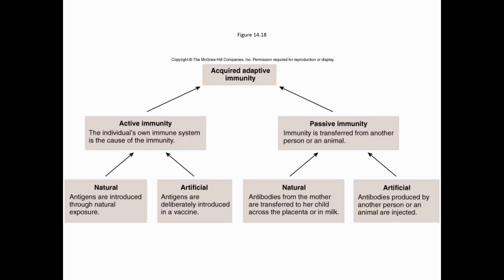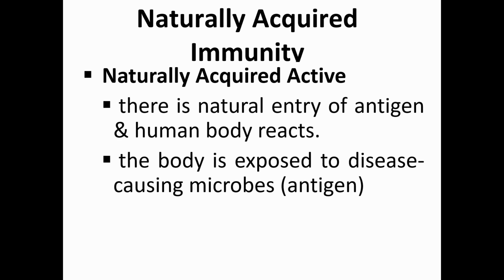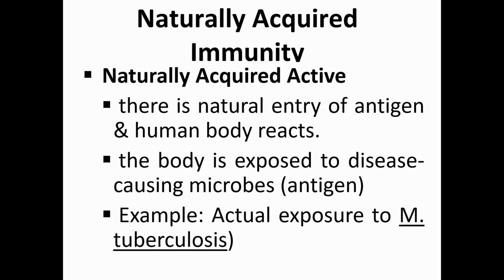Next, we have the different types of adaptive immunity. So we have first the naturally acquired immunity, which is subdivided into active and passive. For our active, there is natural entry of antigen and the body reacts. The body is exposed to a disease-causing microbe or antigen. An example is an actual exposure to Mycobacterium tuberculosis. When we say natural, meaning you are not